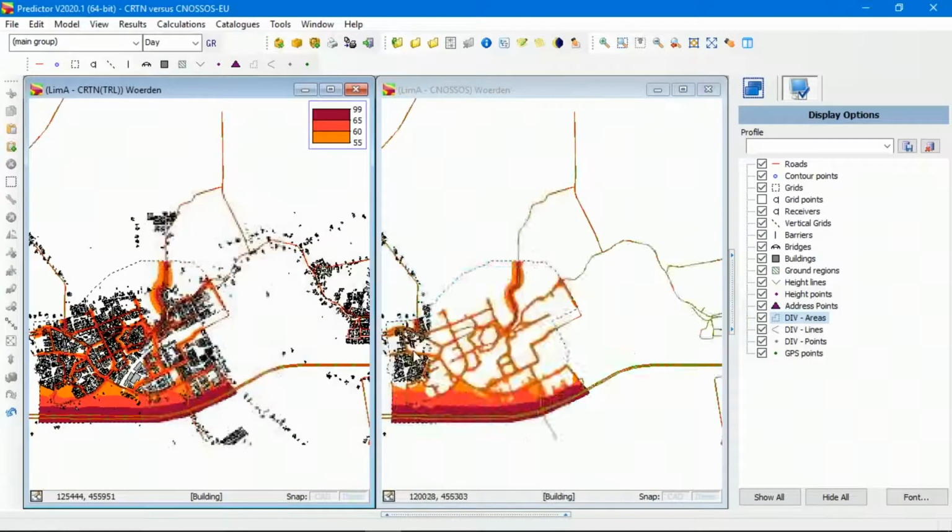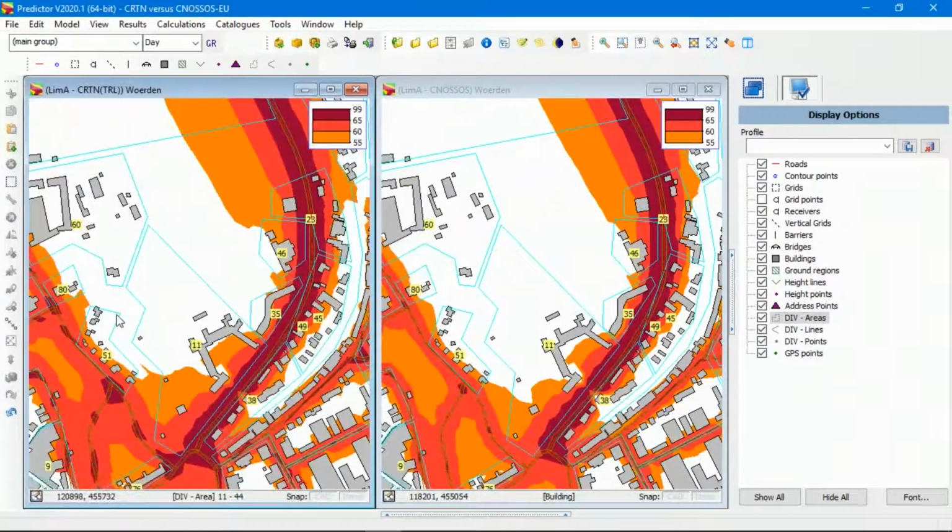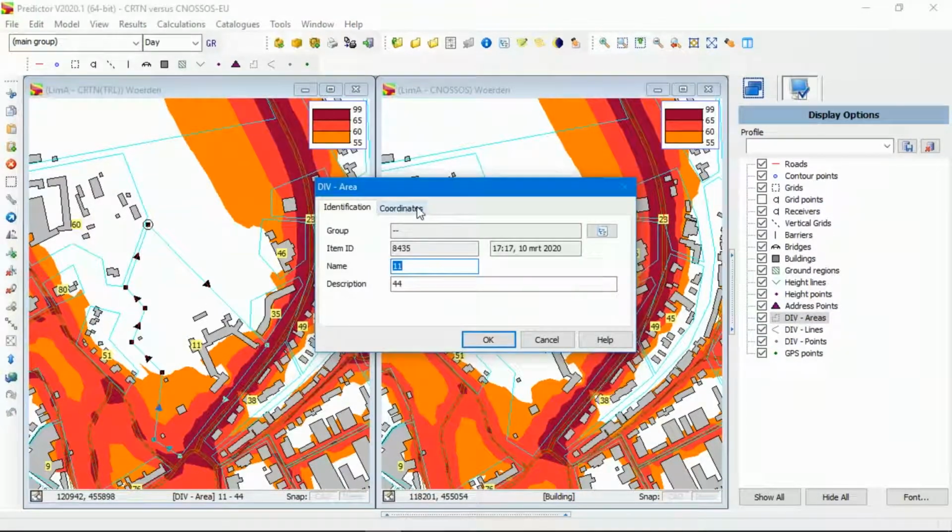Now I'm going to show my div areas also. And here you see the div area. This is a div area, and the number of dwellings is 11 and the number of people is 44. So here you see the 11 and the 44, and I've chosen in this case 11, the number of dwellings,